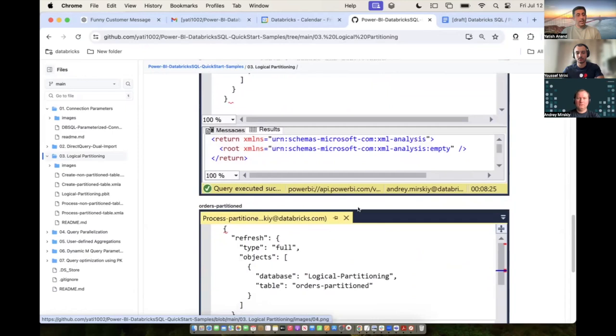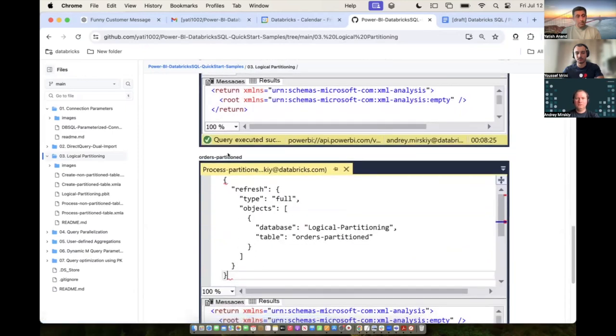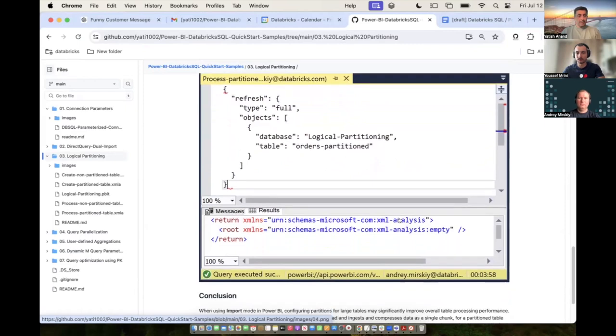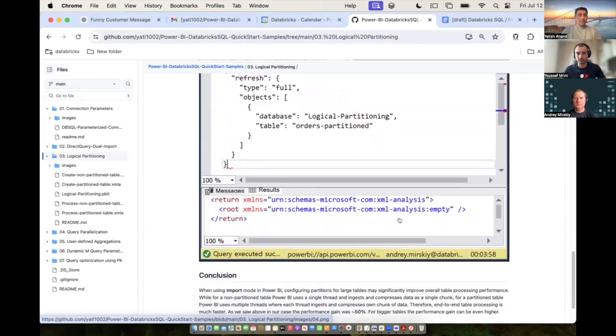But when I process my partitioned table, which is the 5 partitions that I showed you earlier, as you could see here, it actually finished in less than 4 minutes. So clearly, even with a relatively small data set of just 7.5 million rows, I'm able to see like a 50% improvement, all because of partitions and all because of these partitions processing the data in parallel